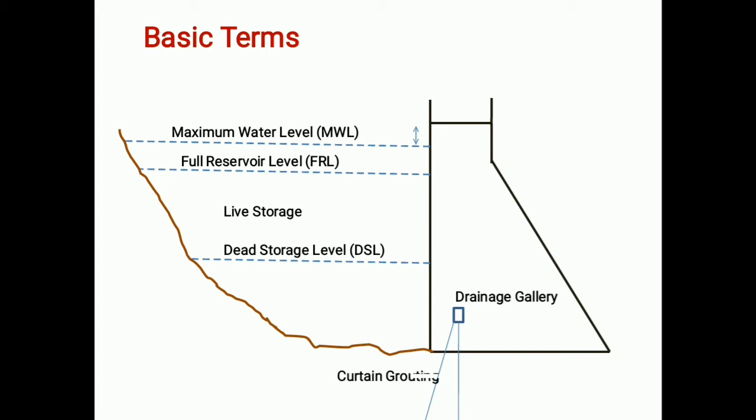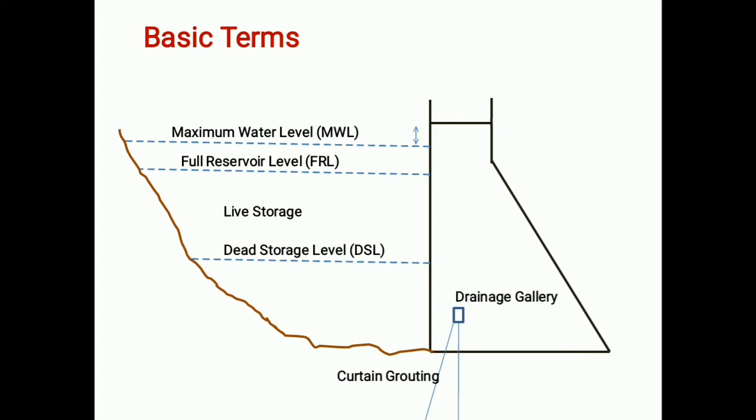You can see there are two lines below the drainage gallery. The first one is inclined up to the upstream of the dam face. We can call it curtain grouting. This curtain grouting prevents the seepage below the dam foundation. In other words, it increases the length of the flow of the seepage. Everybody must have read this concept already: increasing the length of the seepage so that it will not cause any problems or erosion problems at the downstream.